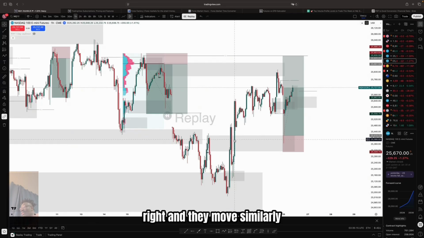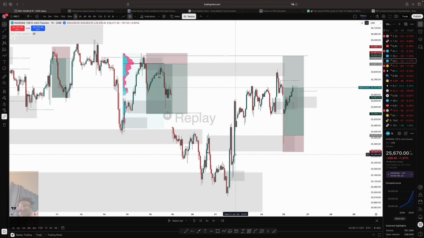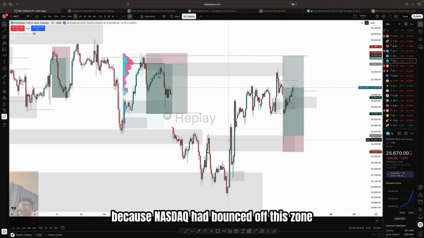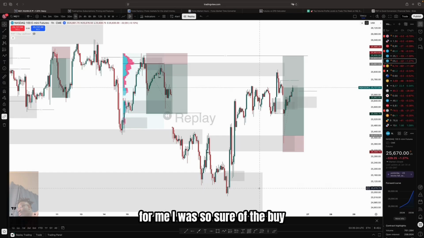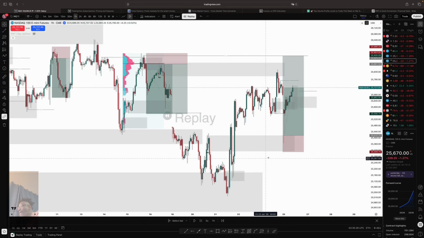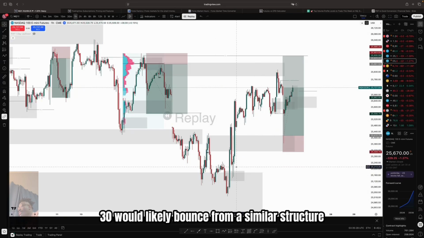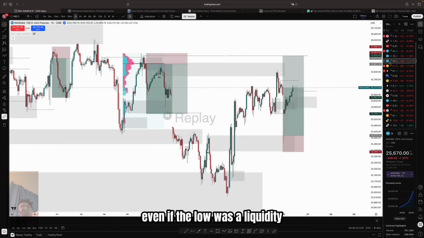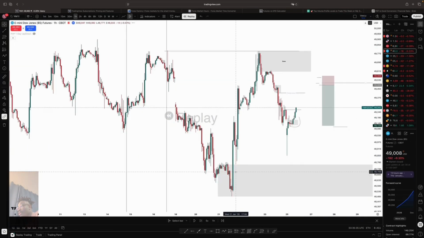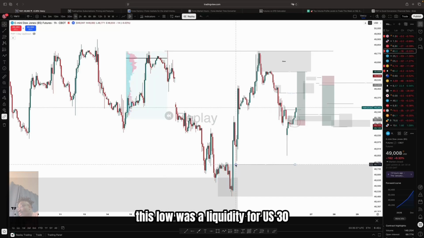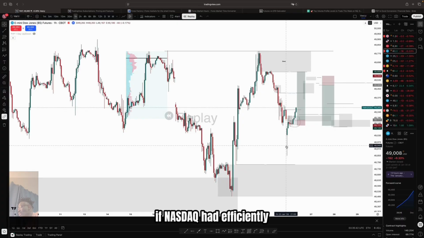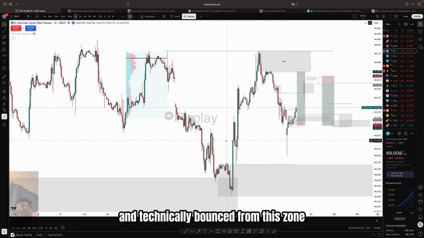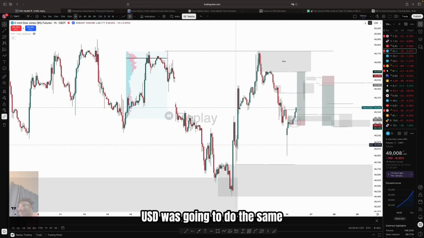right, and they move similarly, because Nasdaq had bounced off this zone and the Nasdaq buy was so sure for me, I was so sure of the buy, I knew that US30 would likely bounce from a similar structure without reading that low, even if the low was a liquidity. This low was a liquidity for US30. But I knew if Nasdaq had efficiently and technically bounced from this zone, US30 was going to do the same,